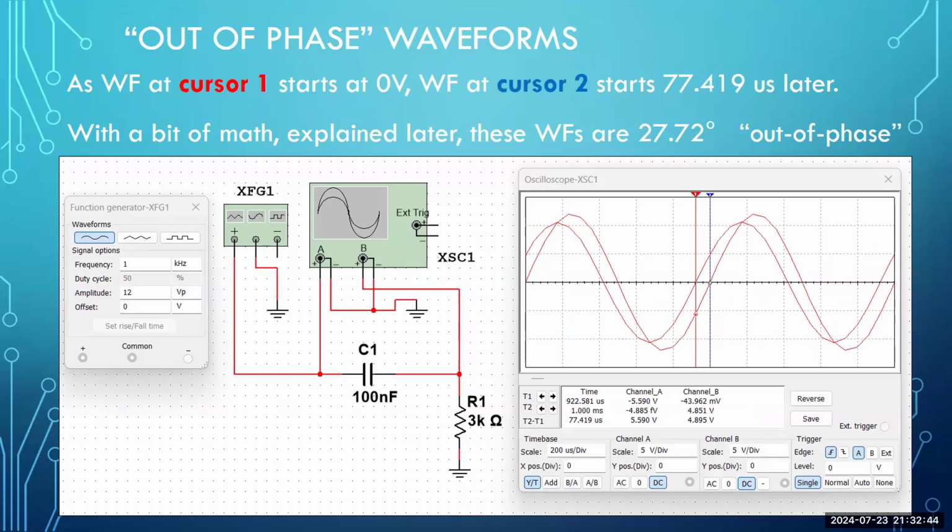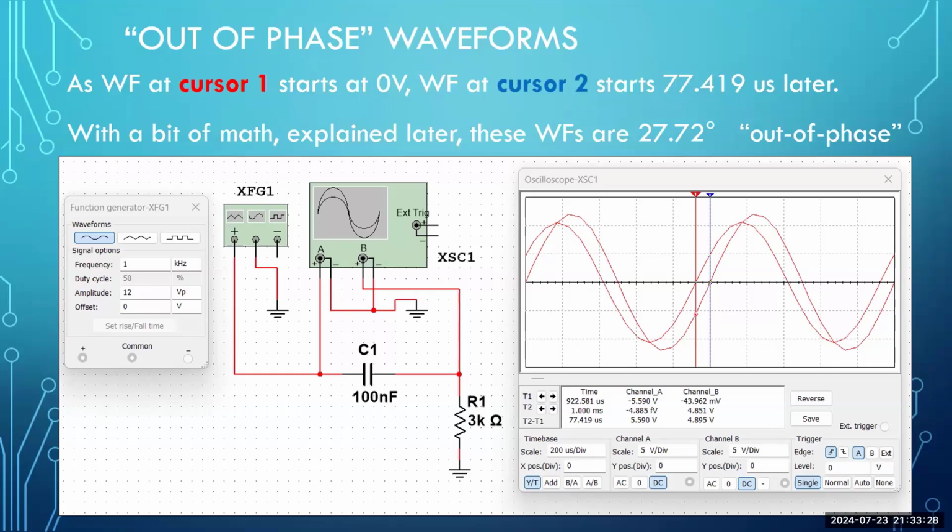As that waveform starts at the 0 volts DC reference line, waveform at cursor number 2, look at the blue vertical line, that's called the cursor line. It's like a ruler, if you will. And so if we have the cursor number 2 in blue, where the taller waveform begins at the 0 line, there's an actual measurement we can determine. On the oscilloscope display, you can see in the text portion, near the lower left of the oscilloscope display, you'll see T2 minus T1. T2 minus T1 shows us the time